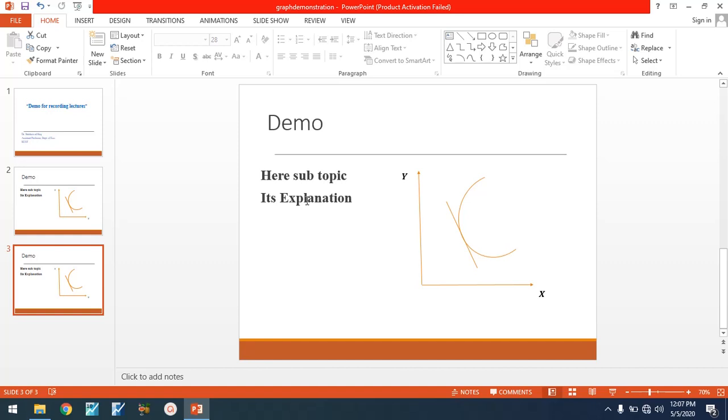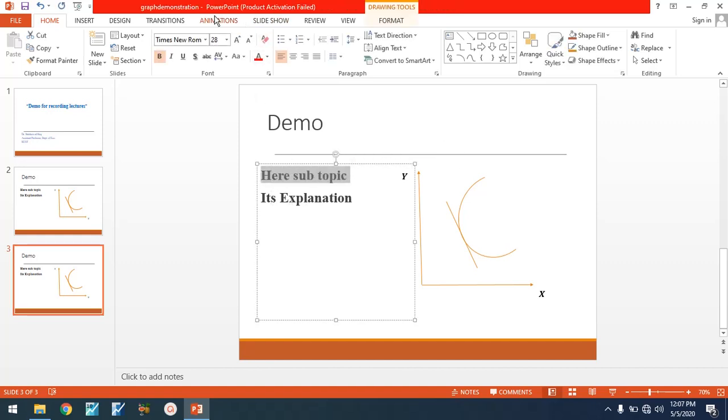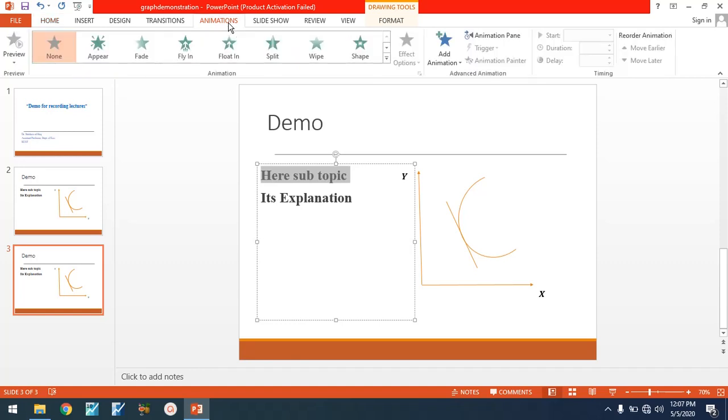So let's try animations. Select the part that you want to show first, and then select animations from the bar. Now you see there is no animation. For example, I select Fly In.